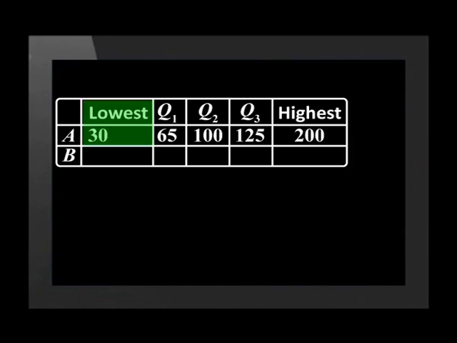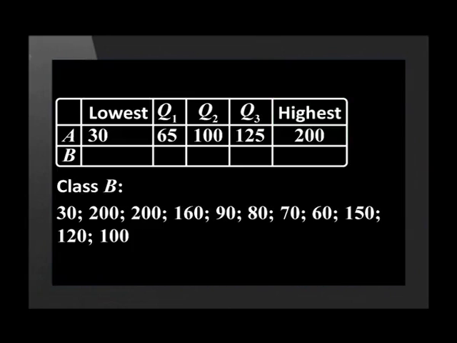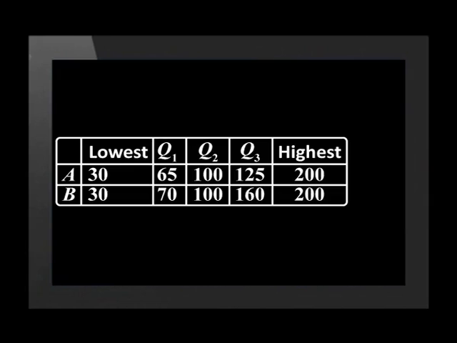The lowest value is 30, Q1 is 65, Q2 is 100, Q3 is 125, and the highest value is 200. Why don't you try find the quartiles for Class B? Well, let's see how you did. For Class B, the lowest value is 30, Q1 is 70, Q2 is 100, Q3 is 160, and the highest